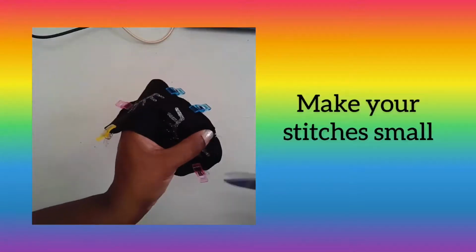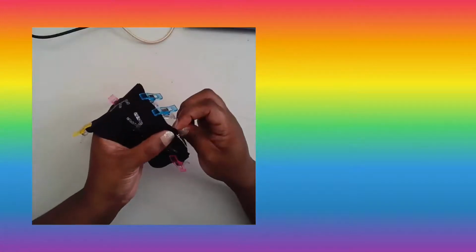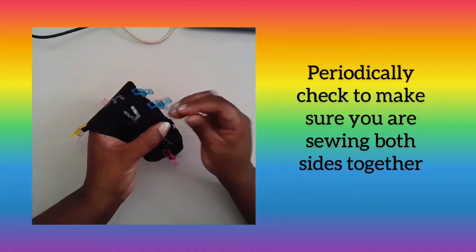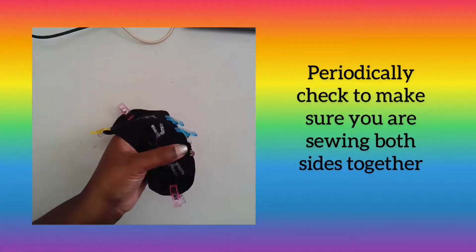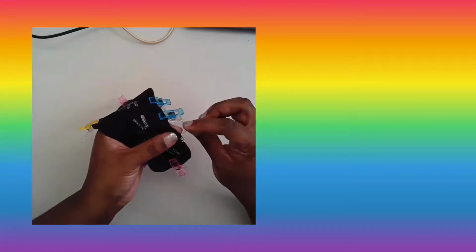So make sure that your stitches are small, because if they're too big, then you'll have gaps and you don't want that. And also make sure that you are sewing both sides of your mask. So you want to make sure you're actually getting the fleece side and you're getting the cotton side. So just check back and forth to make sure you're sewing both sides. Don't worry about that cotton insert because that's ironed on. It's not going anywhere. So go ahead and continue to stitch all the way around until you get to that top